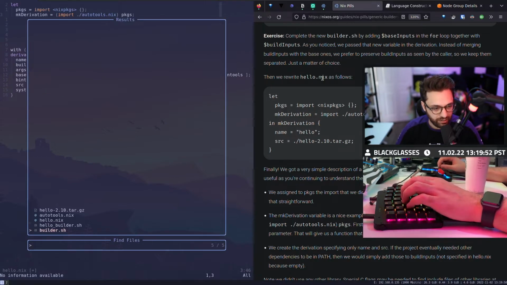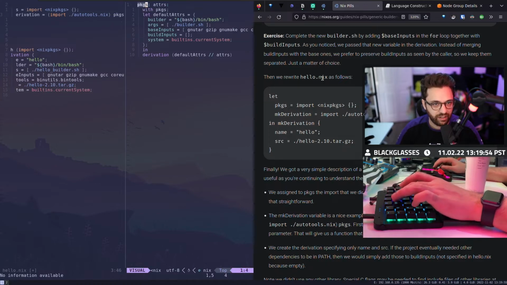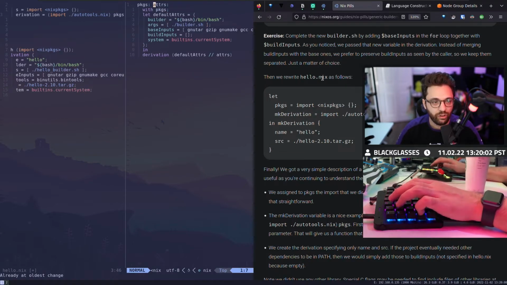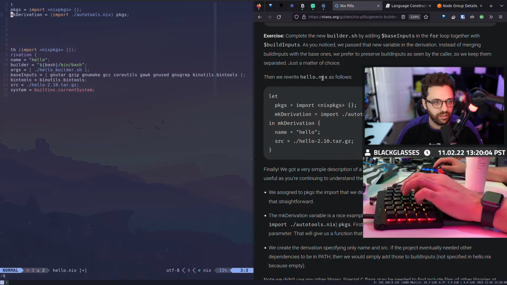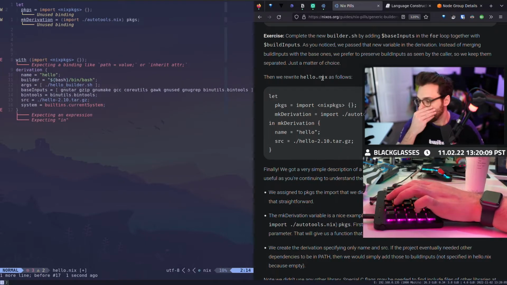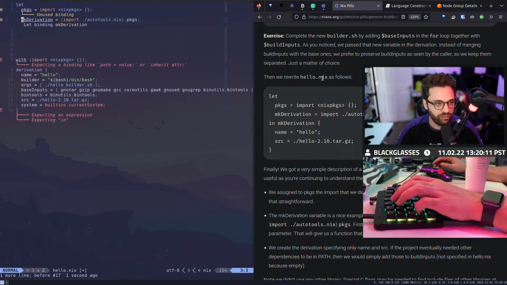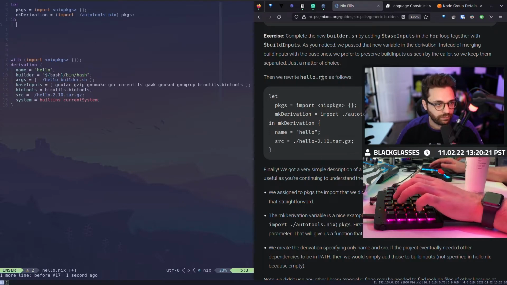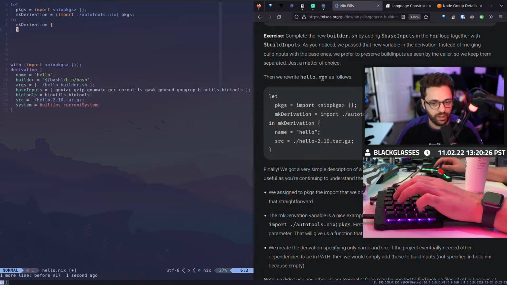And if we go back to our autotools, packages is our first parameter, attributes is our second. We haven't provided that second parameter yet, so we've only really defined the make derivation function itself. We haven't actually created any type of configuration yet. We've just imported the function we want to use. Now that we have that function, now we could say, all right, well, in make derivation, because there's our variable. And then here we go.